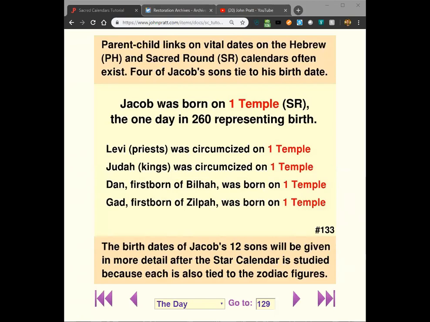Oh, and it turns out the circumcision date, and it'll say in the law of Moses, and it was, I don't know if they had this, Abraham was given the law of circumcision. I don't know that he was told exactly what day to do it on. But on the 8th day of a young boy's life, which means a week after his birth, he's born on the 1st day and 7 days later is the 8th day. That was the day for circumcision. So it turns out these circumcision days are very important, almost as important as a birthday, and that's why I list them there. Okay, go to slide 134.